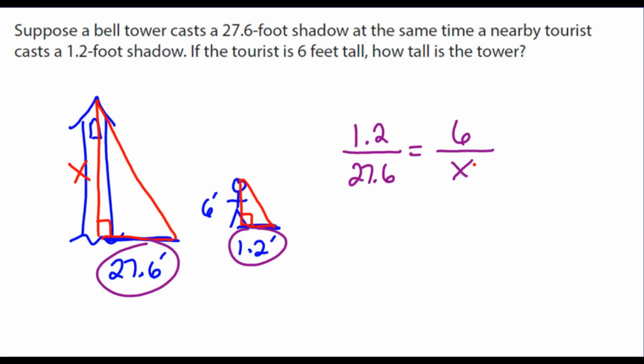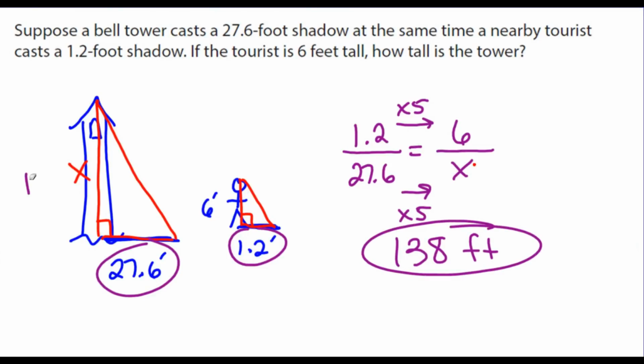So here's my proportion. Now I've got all these ways to solve it. You can use the cross products, or maybe you use a horizontal relationship. There actually is a really nice horizontal relationship here. 1.2 times 5 is 6. So I'm going to take 27.6 times 5 to get x, and that gives me 138. So the bell tower is 138 feet